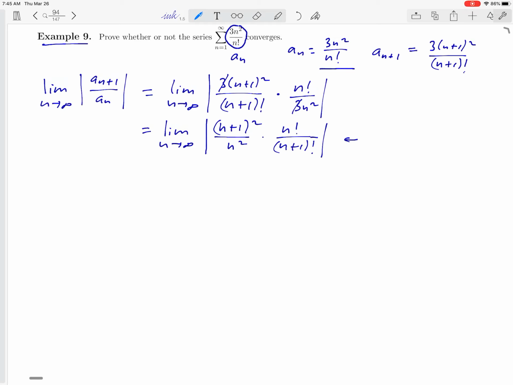Notice that all we did was just reorder the terms a little bit. So what we have down here on the second line is exactly the same as what we have above. We just chose to write the terms in a different order. Okay, and then